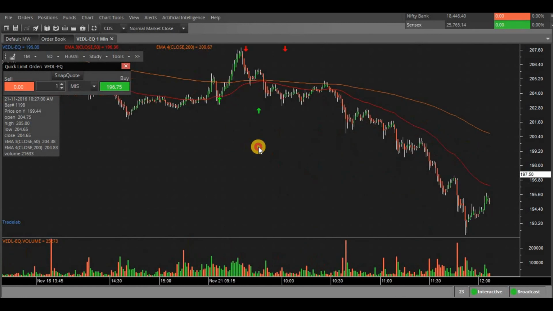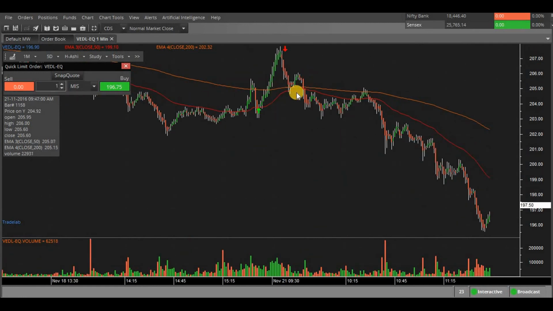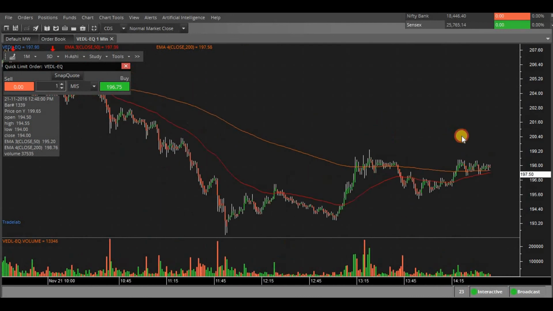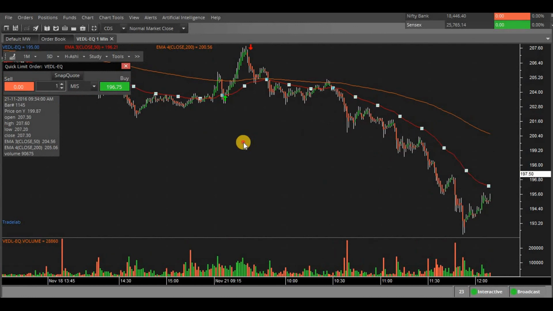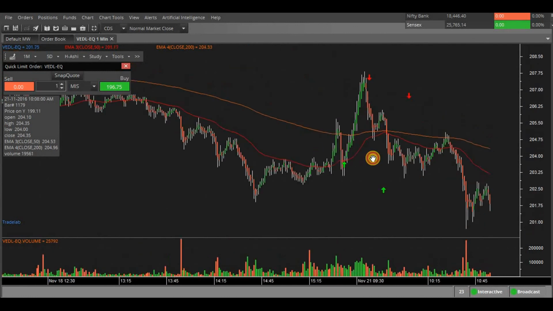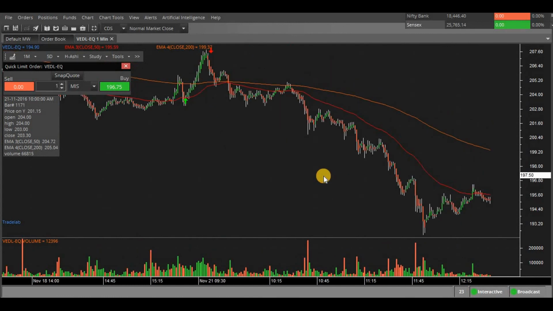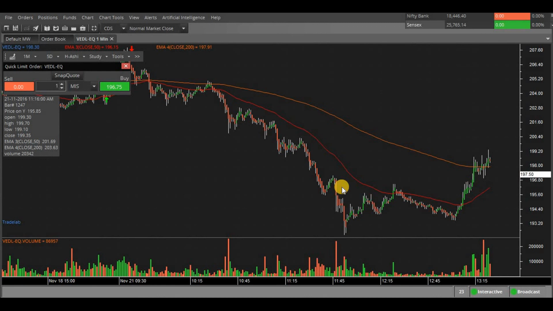So you can see here it is not crossing, because the 50 moving average is less compared to the 200 moving average. When the moving average input you put is small, there is a quick price movement, and when the moving average is big like 200 or 100, the price movement is very slow.